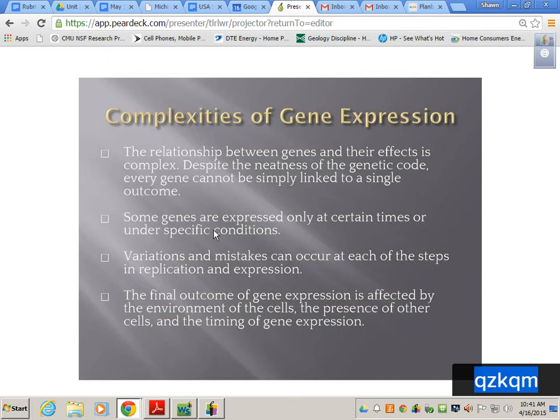Now, could any of the cells in your body make all 30,000 proteins? What do you guys think? Everybody say no. It's way too much for one factory, right? I have never seen a Nike factory make a GM vehicle, right? So we have different